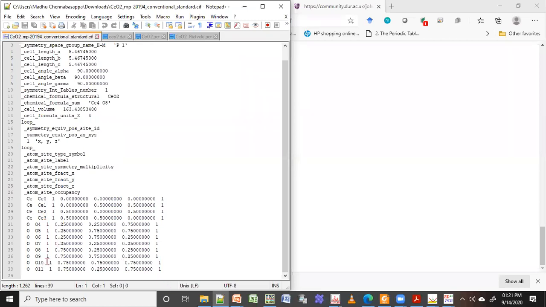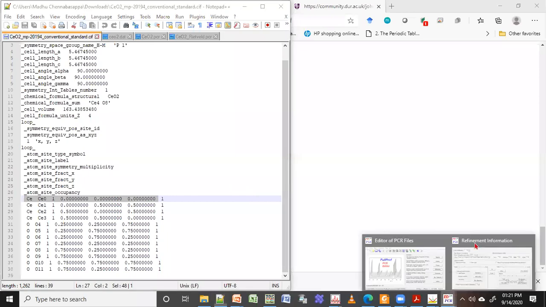For example, here in the zip file that we got from Materials Project, it is giving 1, 2, 3, 4, 5, 6, 7, 8 positions for oxygen and 4 positions for cerium. You can give them, there's nothing wrong, but you don't have to give everything. In principle you can see this is a common one, 0.25, 0.25, 0.25, and 000 is common in both the zip files. I'm just going to give this.